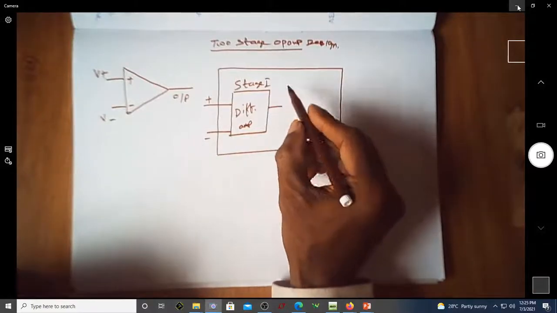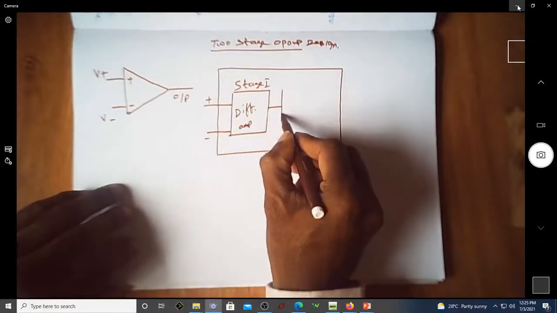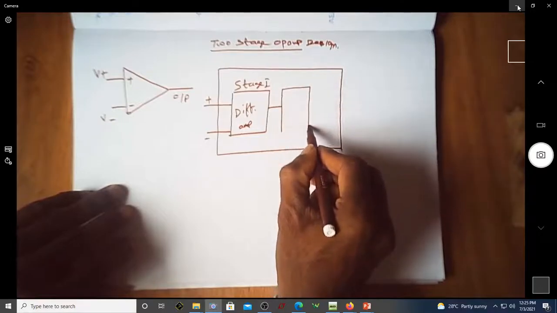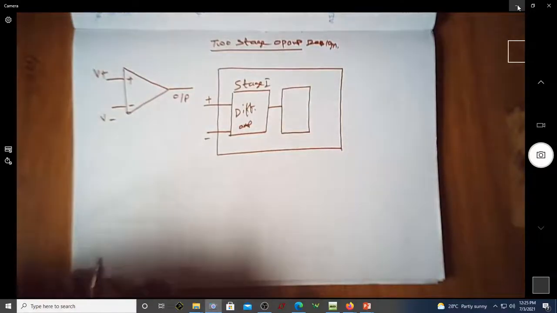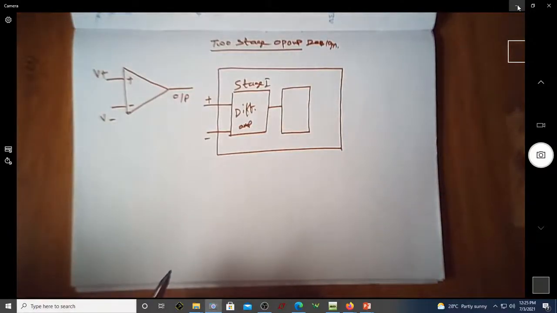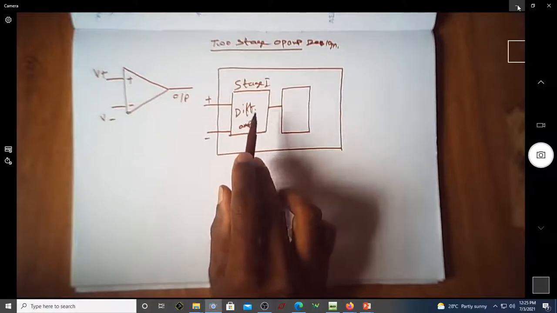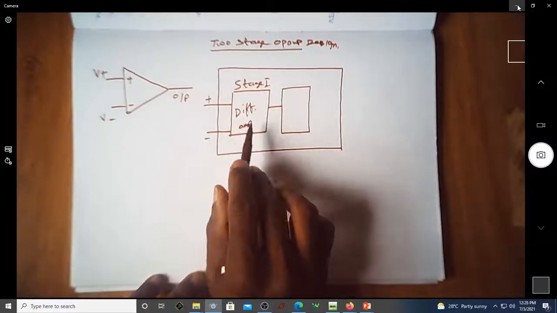The output of this differential amplifier will be fed to subsequent stages, because we know that a differential amplifier has a very unique advantage of rejecting the common mode signal. Because of that particular advantage, it is being used as stage 1, even though